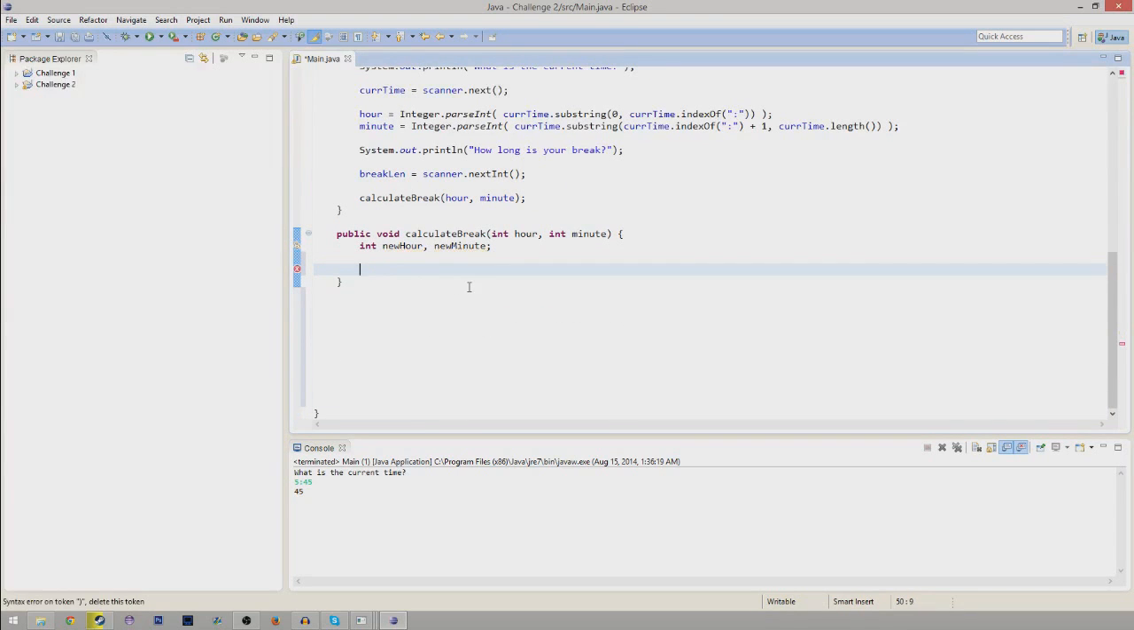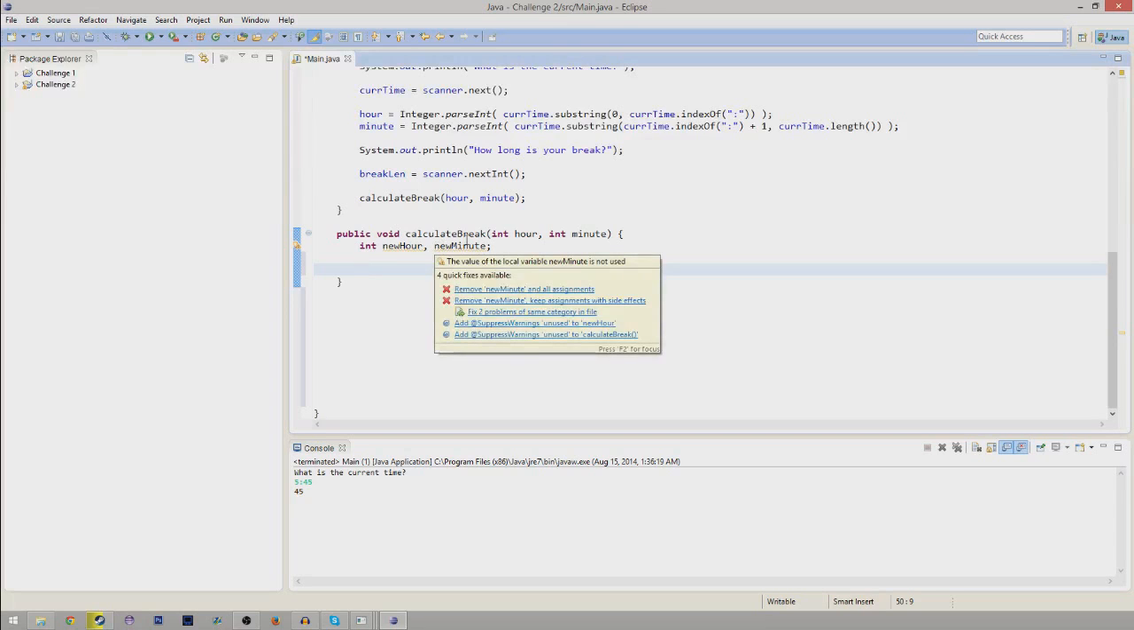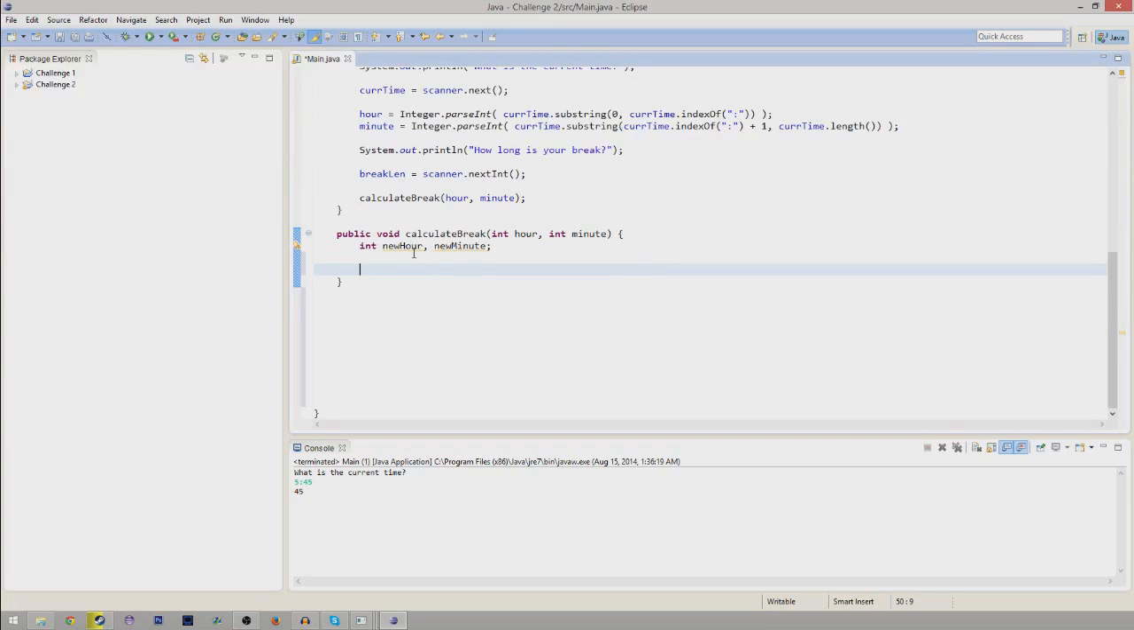We're going to start with a pseudo if statement, I think. Basically, if the minute plus break length is over 60, then new hour plus 1, and new minute is minute plus break length minus 60, which is the minutes over the hour. That should work. Okay, so if minute plus